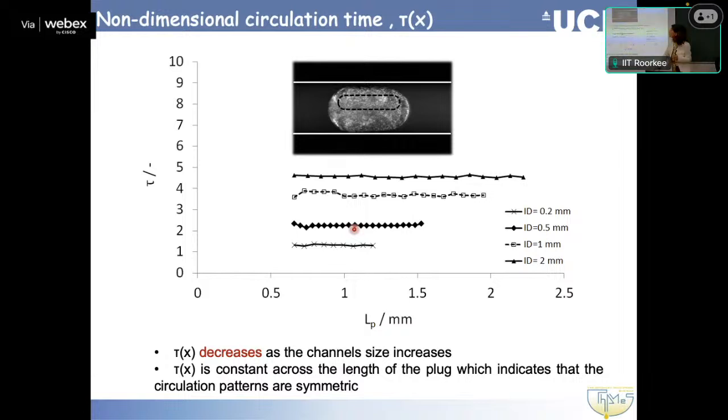So a plug flow, this is what we call a unit cell: the continuous phase and the plug, and next to it there will be the same one. The pressure drop will come from the continuous phase and from the dispersed phase. The continuous phase will be frictional pressure drop,